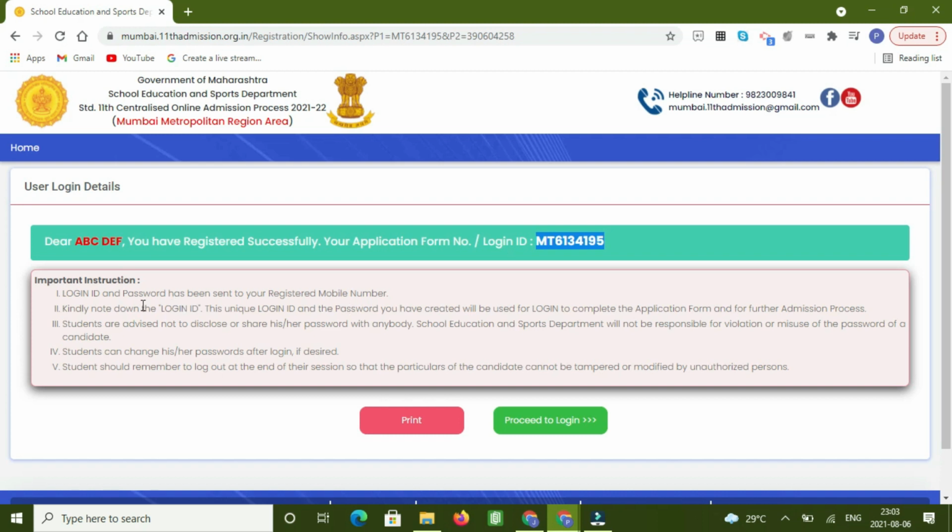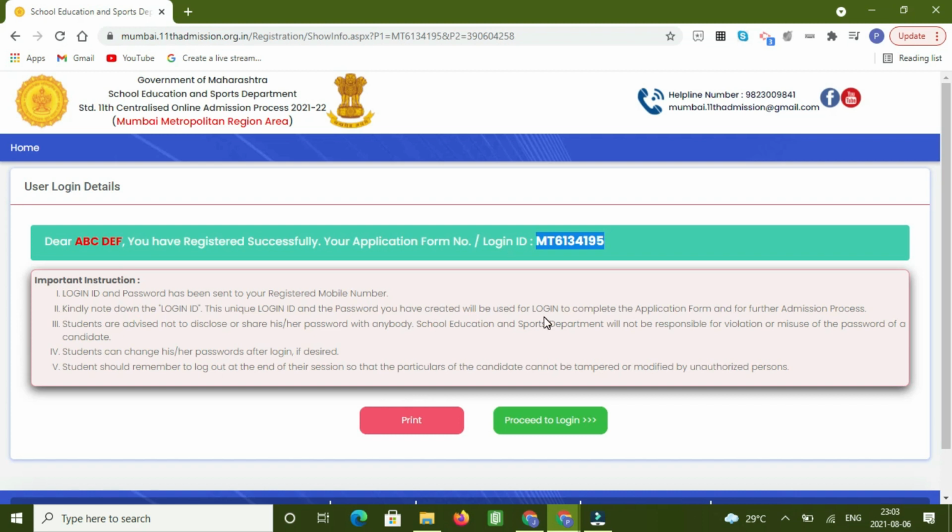This login ID and password has been sent to your registered mobile number. Kindly note it down. Read the instructions. This unique login ID and password you've created will be used for login to complete the application form and for further admission process. Students are advised not to disclose or share their passwords with anybody.